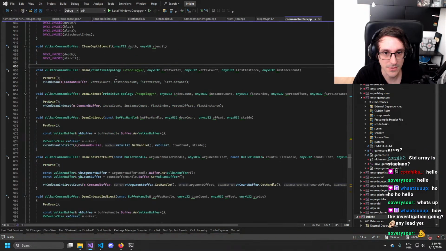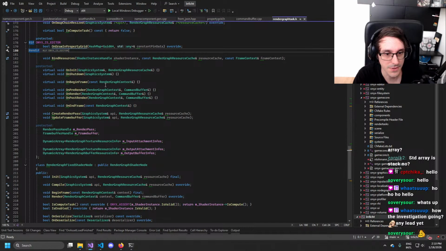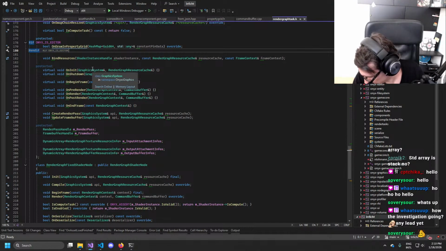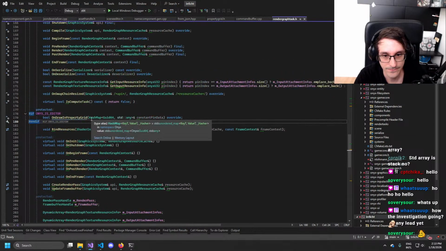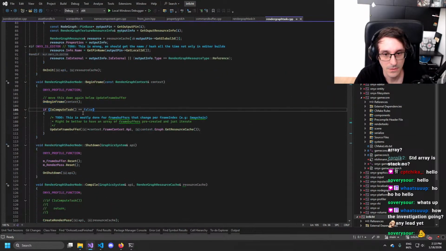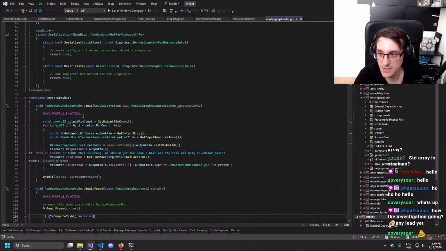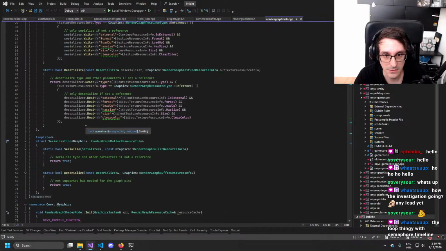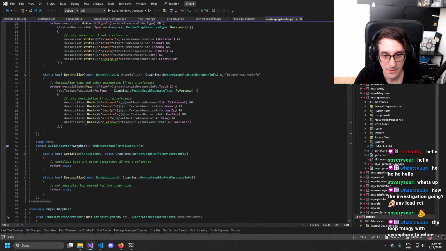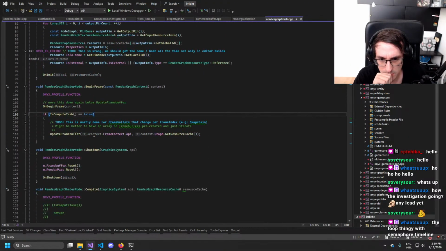Investigation of what? The... God damn it, my mind. The validation error for the swap chain is fixed, yeah. We are in the finishing touches. Yeah, that is fixed. I can show you in a second what it was.